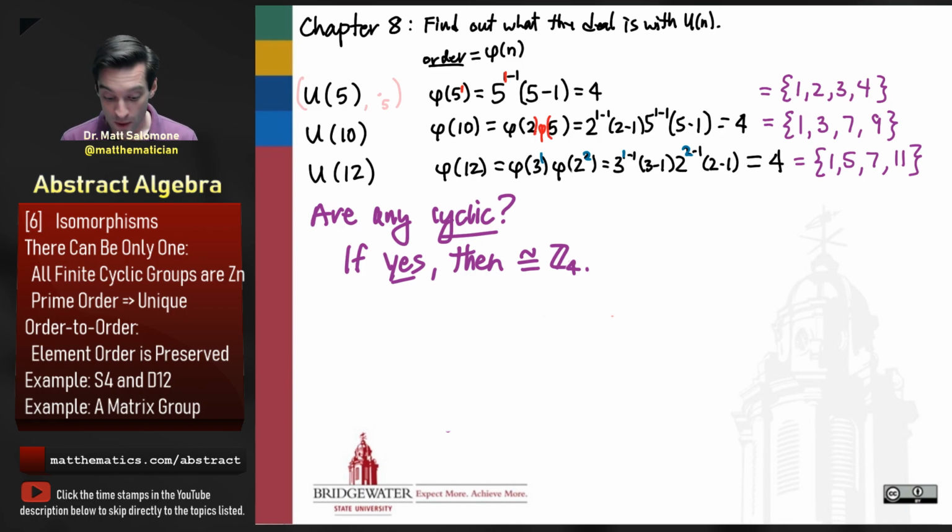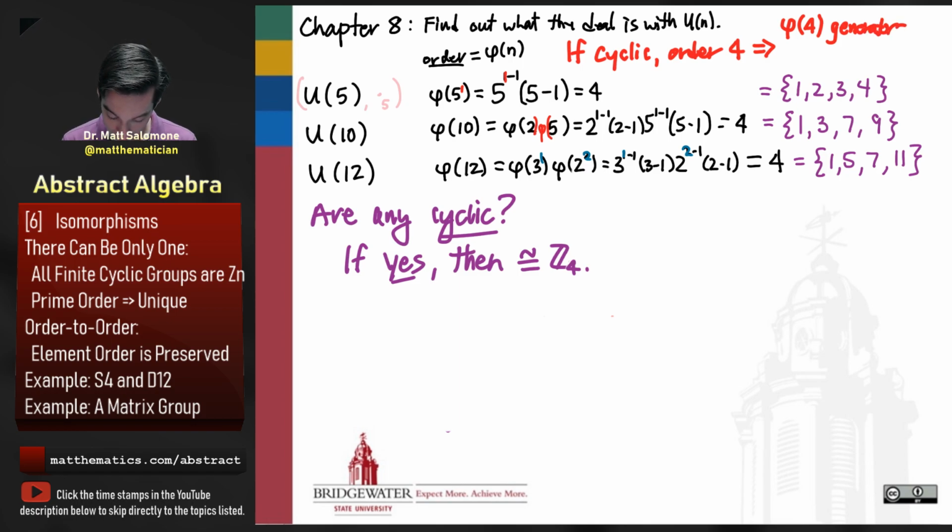So let's see if we can figure out whether any of these are cyclic. To figure out whether they're cyclic, let's ask ourselves, again, just to get practice, how many generators, how many choices of generator would there be? Well, that answer is also answered by the Euler phi function, right? There's going to be phi of 4 possible choices of generator. What is phi of 4? Well, 4 is 2 squared, so phi of 4 is 2 to the 2 minus 1 times 2 minus 1,